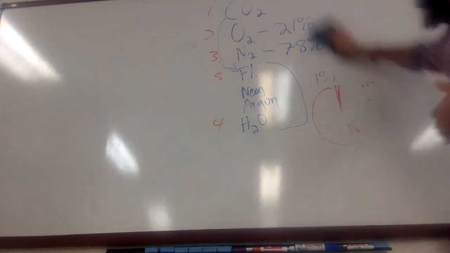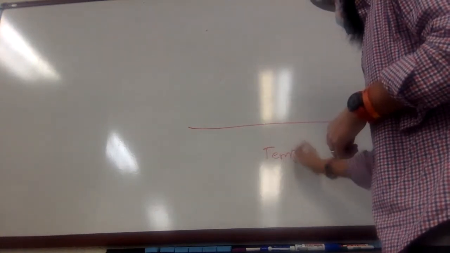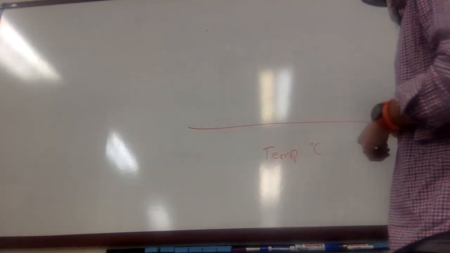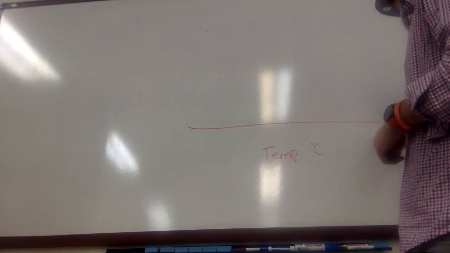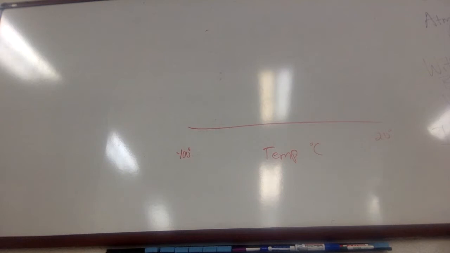I'm recording this too, so you can go back and rewatch. All right, now we're going to draw the layers of the atmosphere, sort of like on a graph. Our bottom axis here is going to be temperature, in degrees Celsius, ranging from 20 or so degrees Celsius all the way down to negative 100 Celsius. This is going to be hard to draw. I'll take a picture of mine.